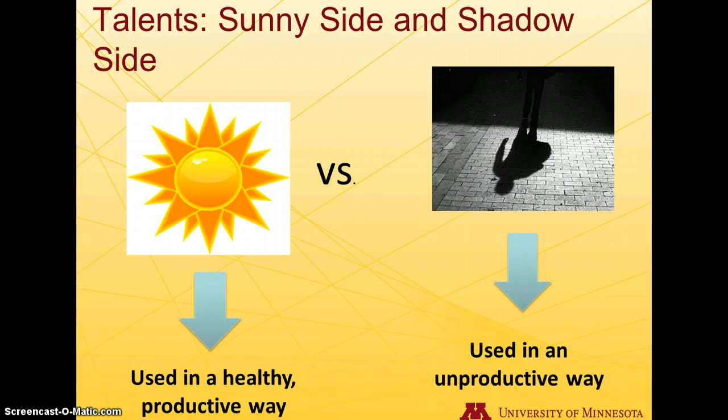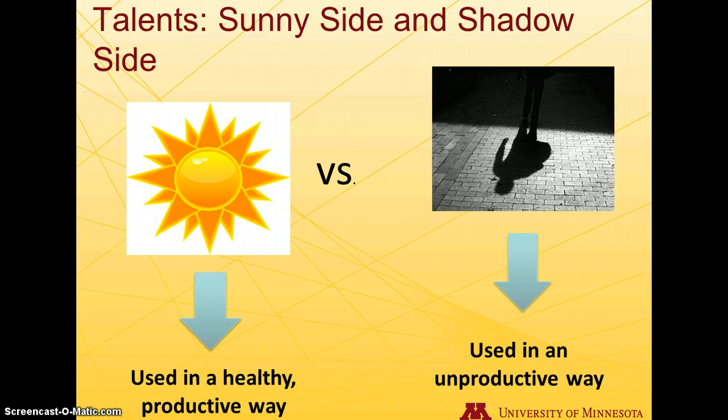Here are a couple of examples to get you thinking about the sunny side and the shadow side of your talents. Someone with an achiever talent theme might use it productively to work really hard, but if not used productively, the person might be perceived as thinking work is more important than their relationships with other people, or being a workaholic. Or someone with the achiever talent can find it hard to say no to other people and are always in danger of taking on more projects than they can realistically accomplish.